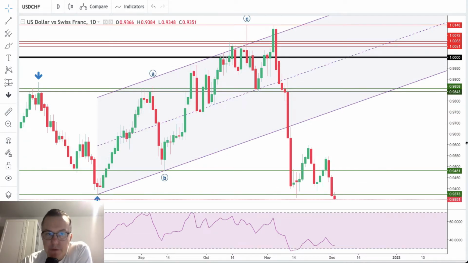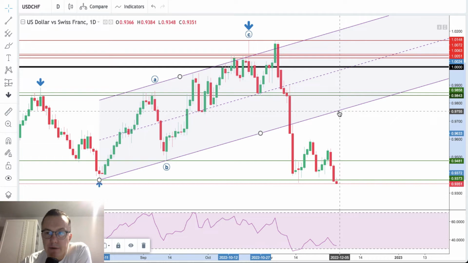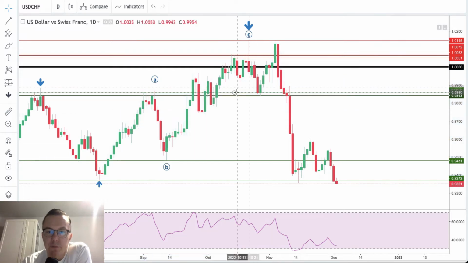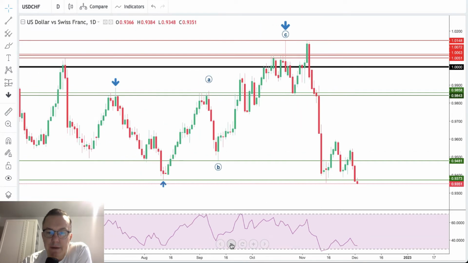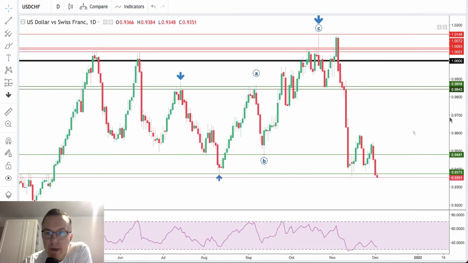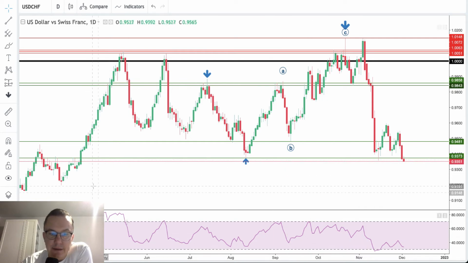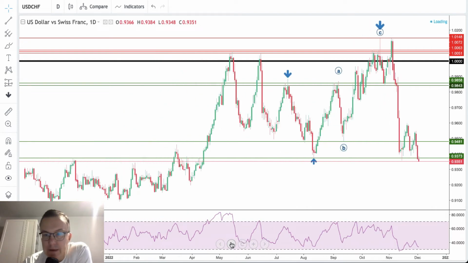Similar situation can be found on the US dollar to the Swiss franc daily time frame chart. As you can see, after the ABC to the upside, three waves to the upside were completed around 1.0148. We broke out of the channel, of course, and now the market is moving very dynamically lower. We broke below the technical support at 0.9373, which is a very important technical support level. So we are moving away from the parity right now. So the next target for bears is located around 0.9197,